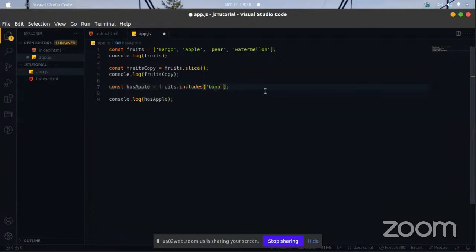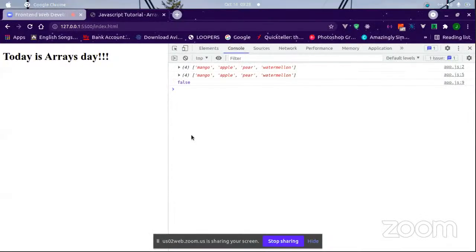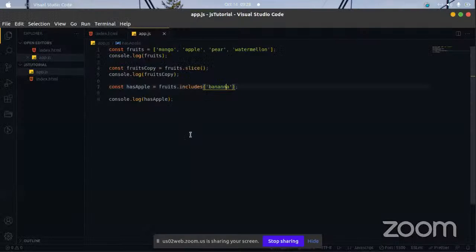How do you spell banana again? Same way it is pronounced. Banana, I think that's one N. There, and we save. Yeah, we see that we get false because there is no mention of banana in the array in any way. So that's how we find if an item is in an array.